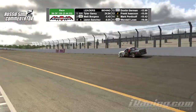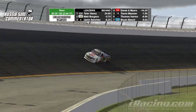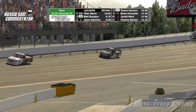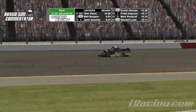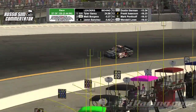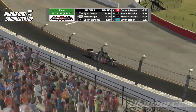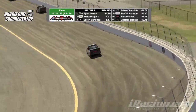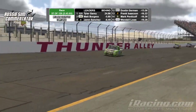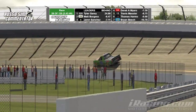We're going to go back and have a look at what's going on through the field. Looks like Matt and Jaron are going to restart their hostilities in the very near future. Behind them is the 54 Derek Myers, who's just dropped off of these guys a little bit. Travis Massia, who's going to start falling into the clutches of the Thomas Harmon car there. Right behind him is Brian Beach, and it looks like we actually got a little bit of a battle going on here behind him